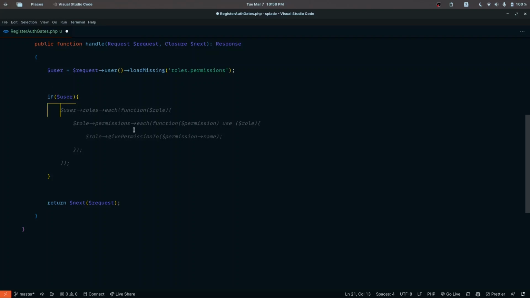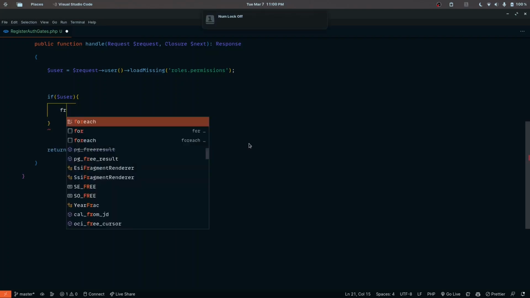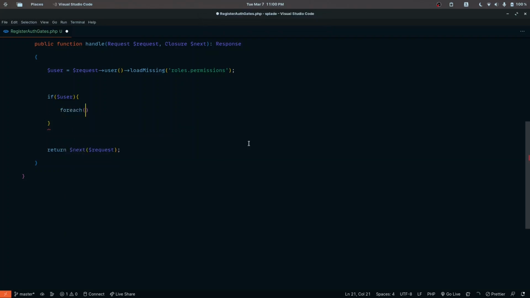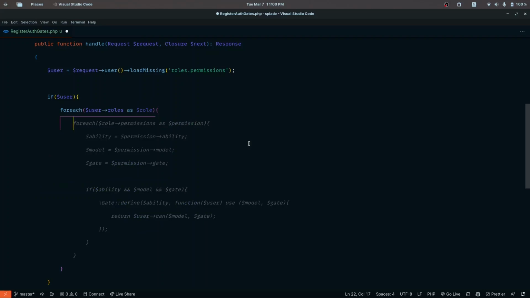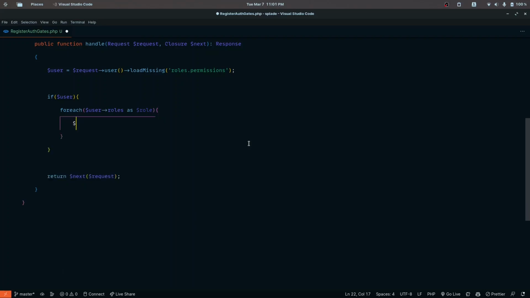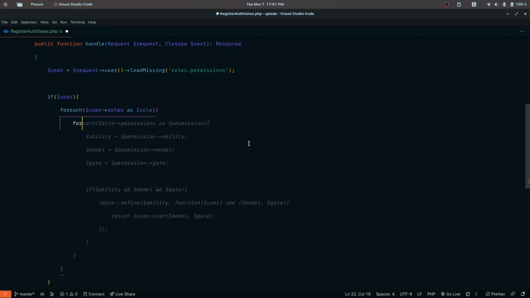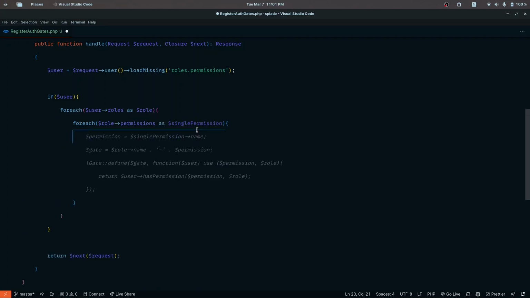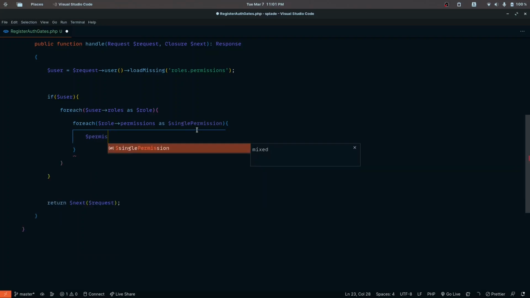So we need to check whether we have the authenticated user or not. If we have the user, then we are going to loop over each of the roles, because our user can have multiple roles. So we need to take care of that. So user roles as role, and here we are also going to grab the roles permissions of the roles. So we can do, for each role permissions as, let's name it single permission. And what we want to do here is store the permission in an array. We can do that like this: